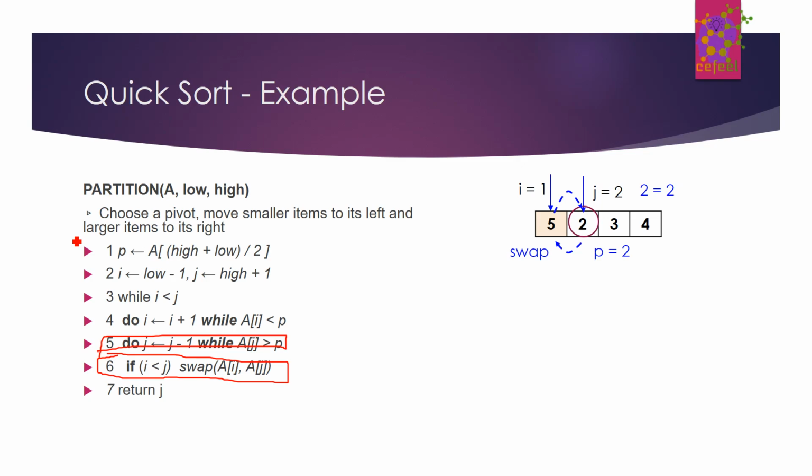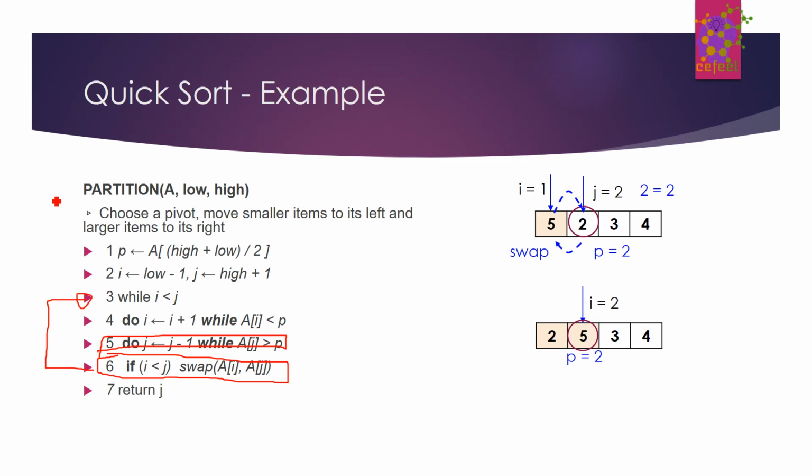So it will first check I is less than J, definitely I is less than J because 1 is less than 2, and it will swap A[I] and A[J]. So 5 and 2 will be swapped, so we have 2 and 5 here, and then finally step 6 is over, then we go back to step 3, wherein we start with the while loop over again. So in that case I and J will be checked, I is 1, J is 2, 1 is less than 2, so we will continue,